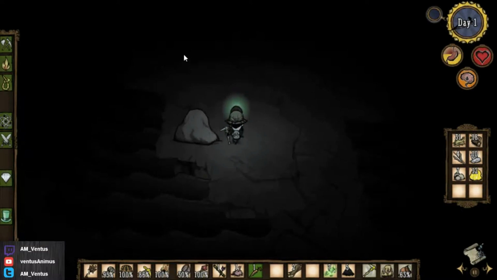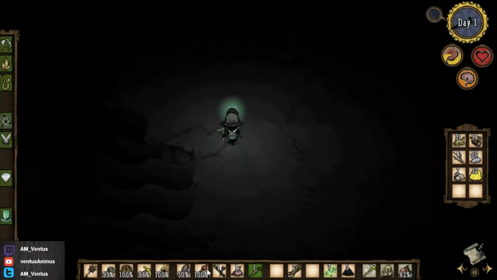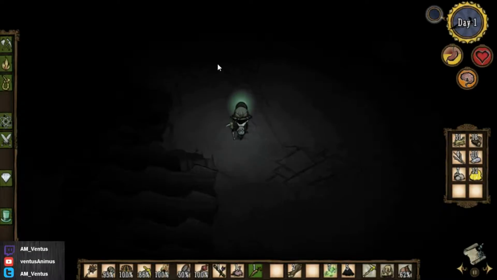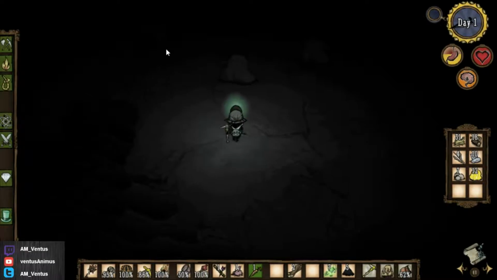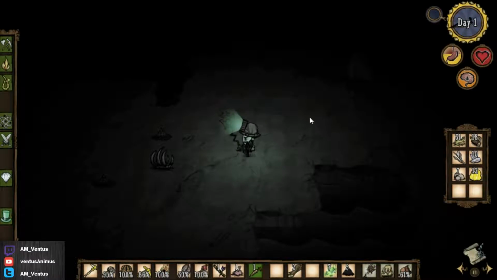In vanilla, this map is actually a lot harder. You can't actually rush through it. But I think this is why they give you a fire staff sometimes. It's not a 100% chance. There is a chance for you to get a fire staff in the very beginning. And